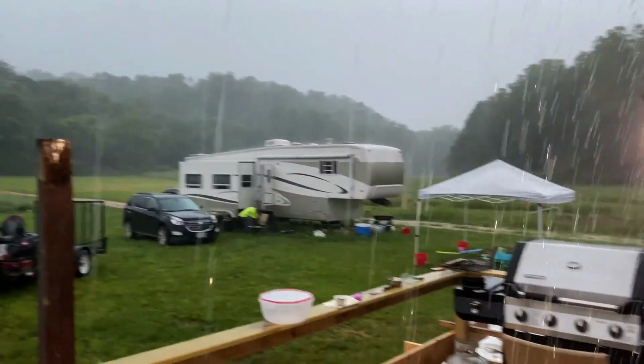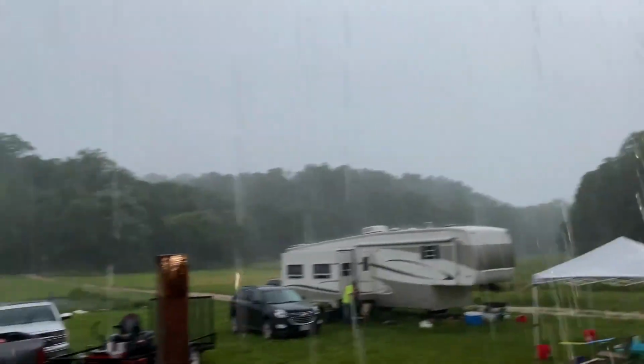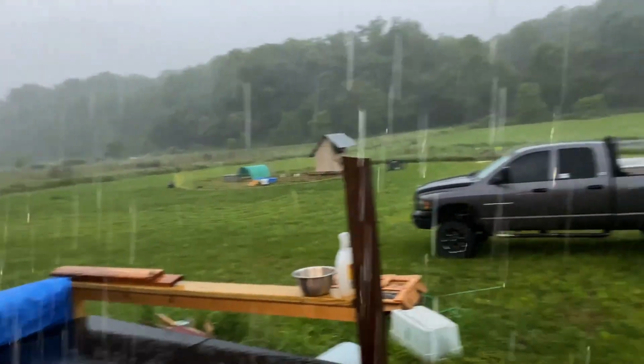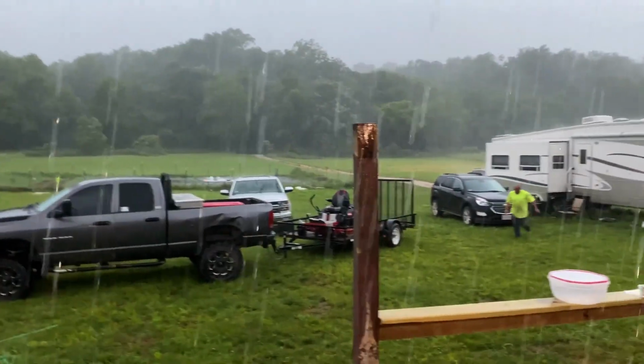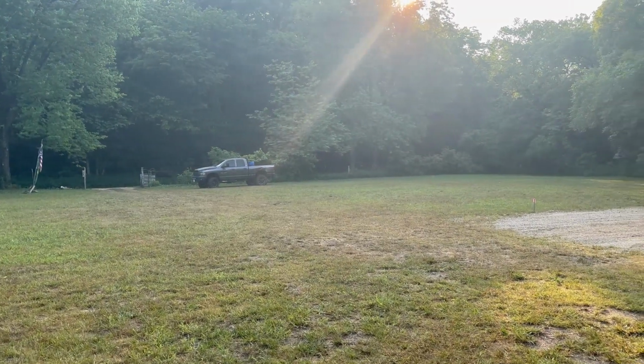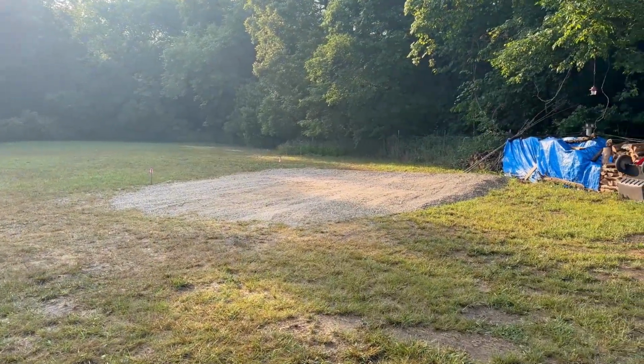Man, that's gonna rain for a while. Look at that gray all the way. At least we got our dust washed off. Holy shit balls, it's coming down. We're not in Kansas anymore. Watch your motorcycle. We just had some rain for the last couple days, but we got the pad all pretty